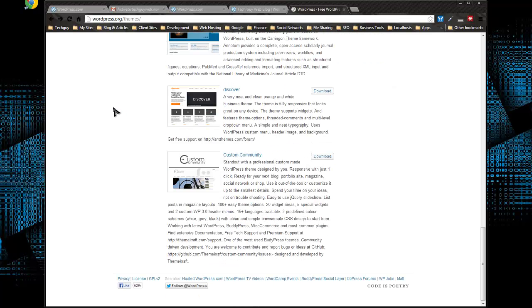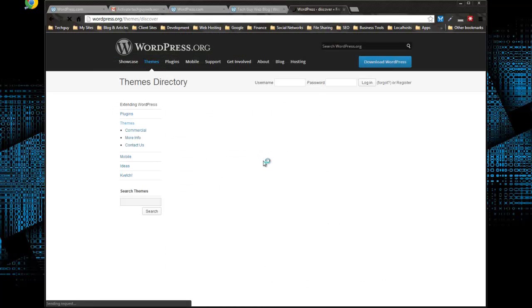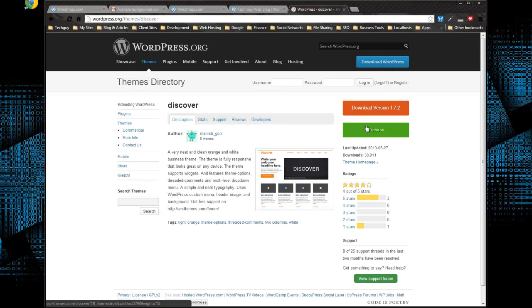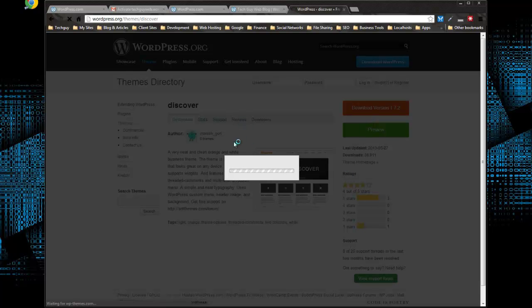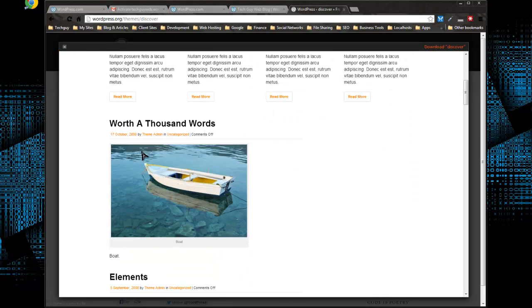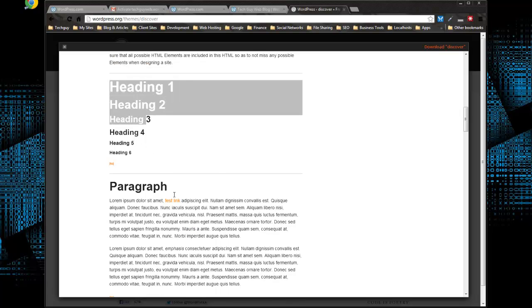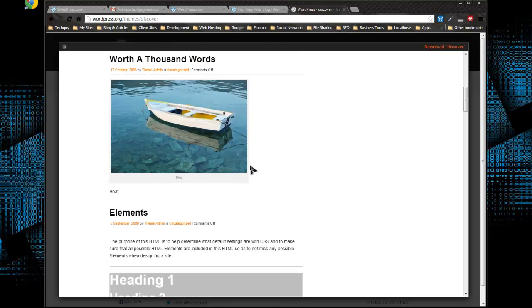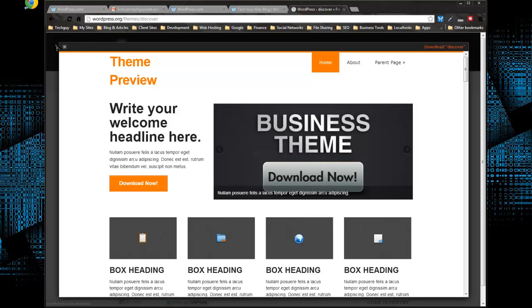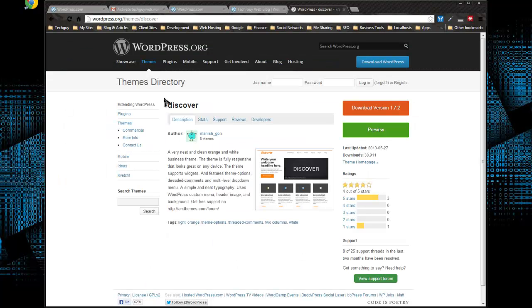Yeah, so there's a bunch of themes. Let's check out one more. This Discover theme looks like a video sharing kind of template. Yeah, so you can see it shows the different styles, the headings, paragraphs. Yeah, so that's pretty nice. So that's the themes. Next we have the plugins,